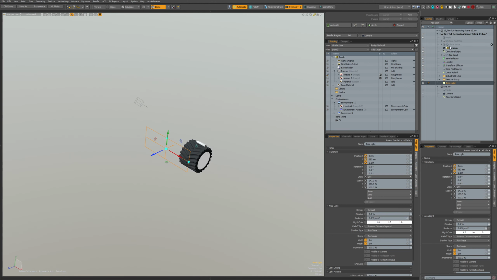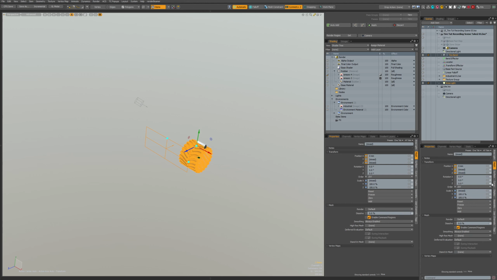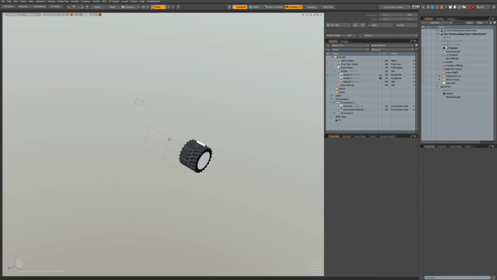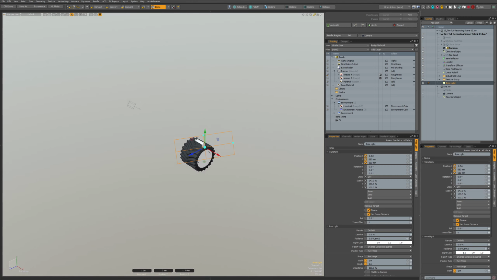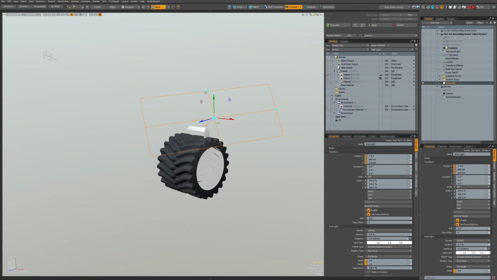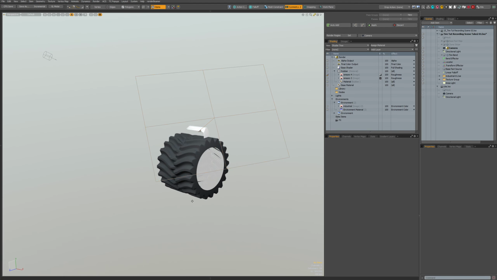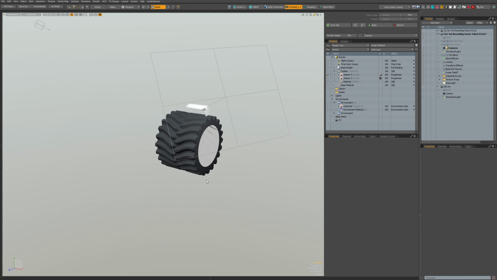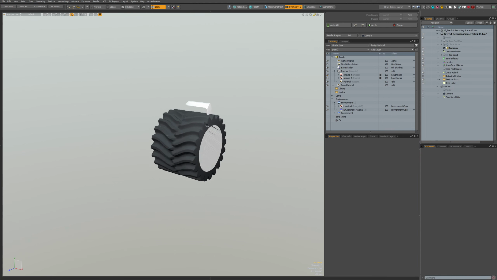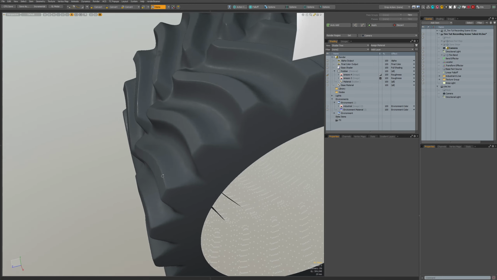I'll add a target for it, the tire bend, and set target. So now we can move it. What happens if we turn off the light? Yes, the light stays on.